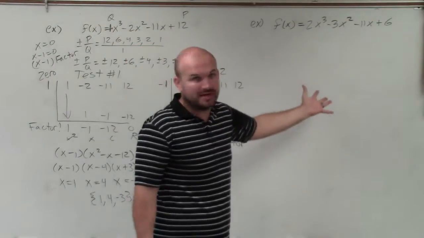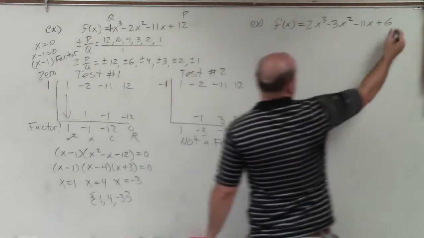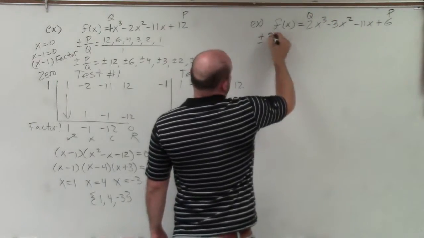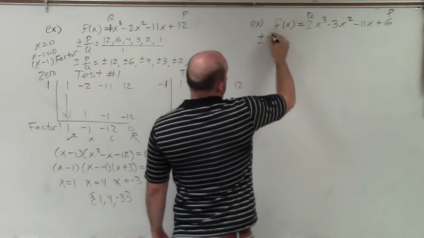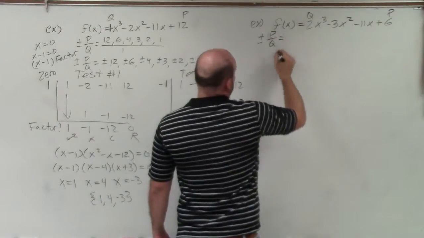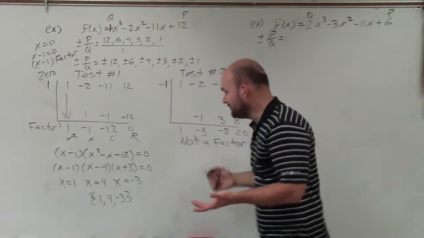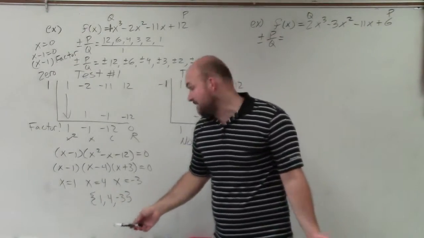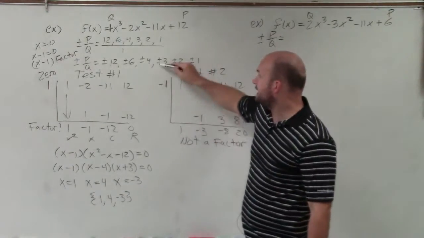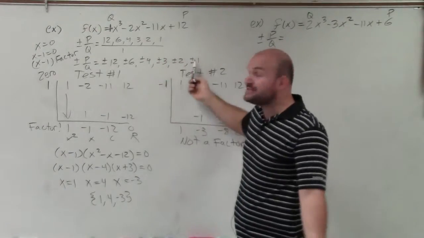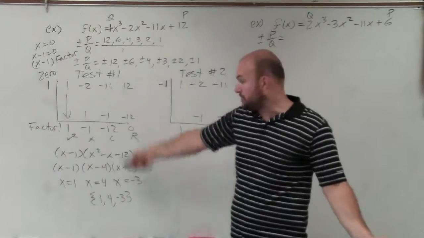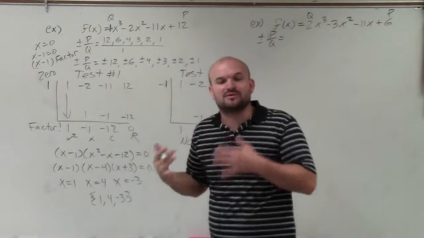Let's go through another example. So again, the first thing we're going to do is going to be p over q. So I have plus or minus p over q. And one thing I want you to notice is how all your solutions are actually rational, 4 and negative 3. Negative 3 and 4. Right? So eventually, if you would have done synthetic division for all of these, you would have gotten eventually to your other two rational zeros. But the important thing just to remember is,